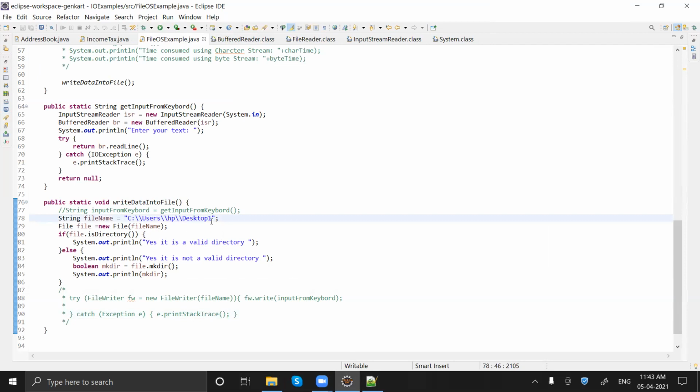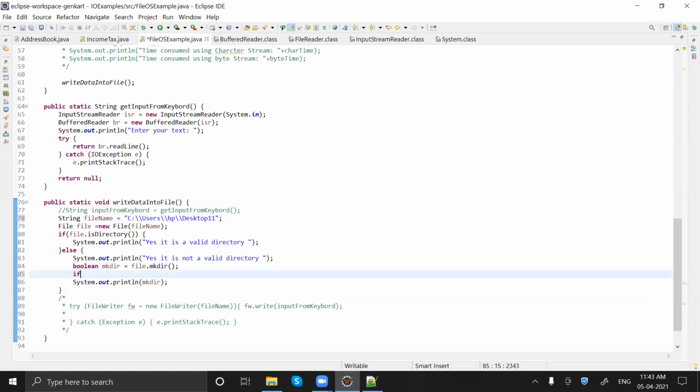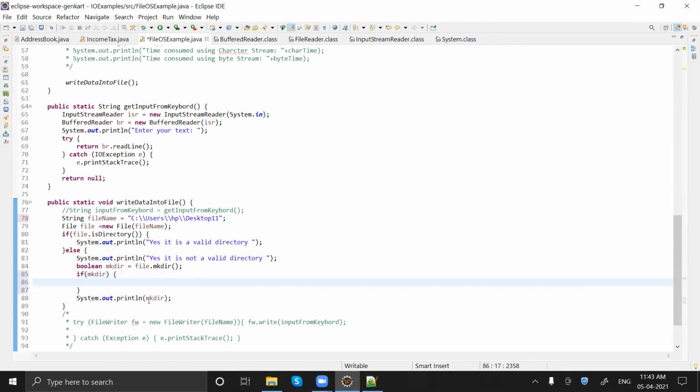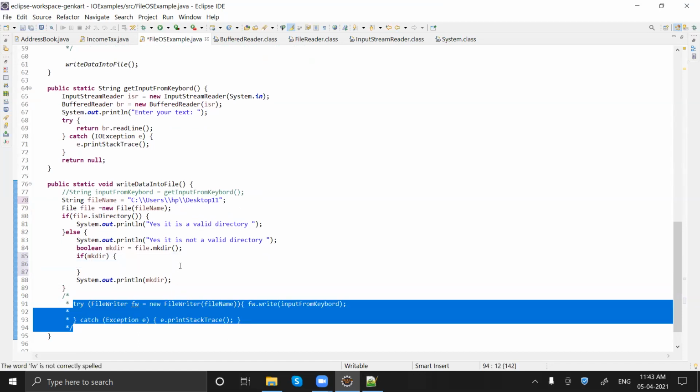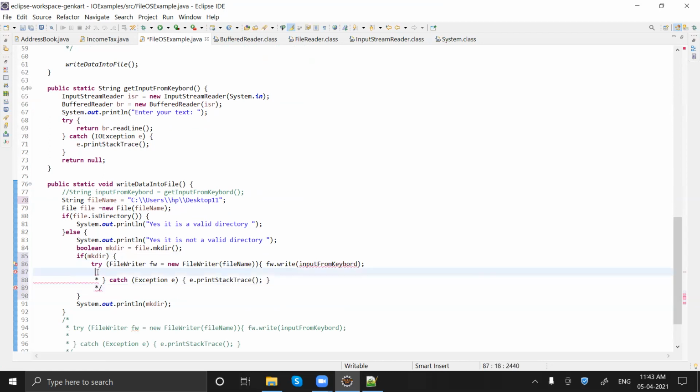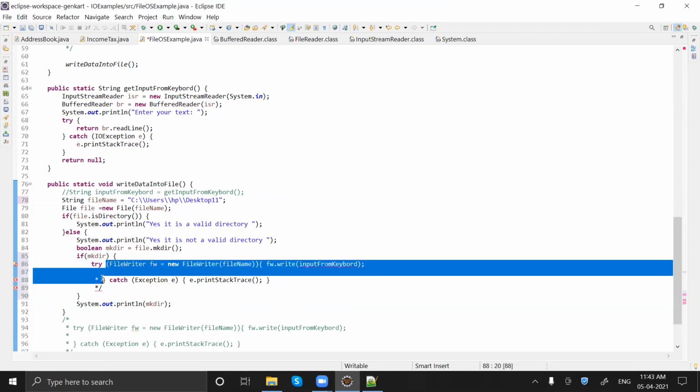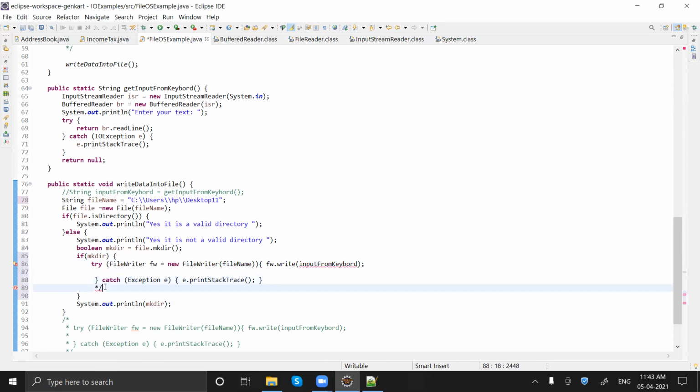So if the directory is not there, let me take this one one. So one one is not there, so it will create it. And we'll say if mkdir succeeded, that means if we were able to create it, just try this code. This code will basically create a file. Where it will create it, we have to tell. So we can say file name dot,